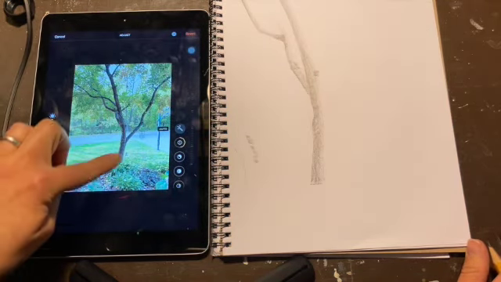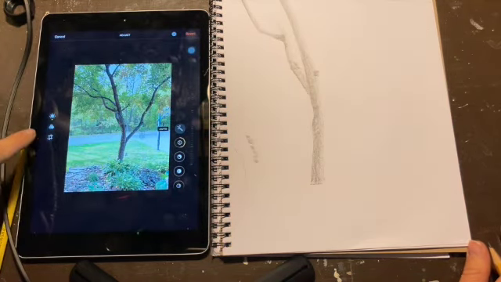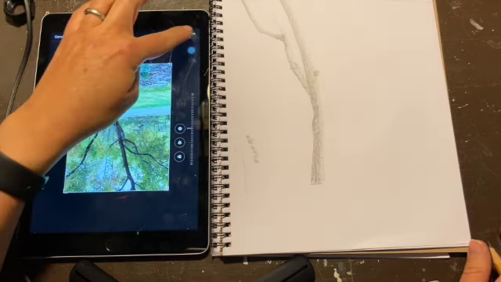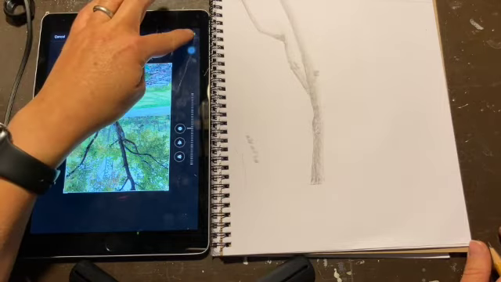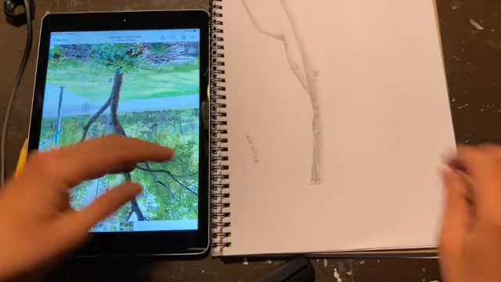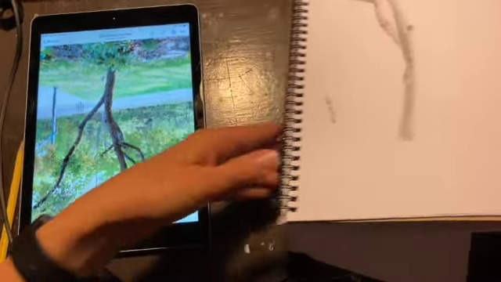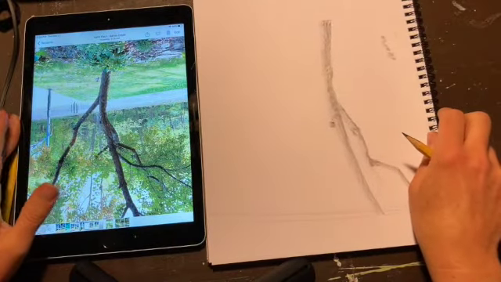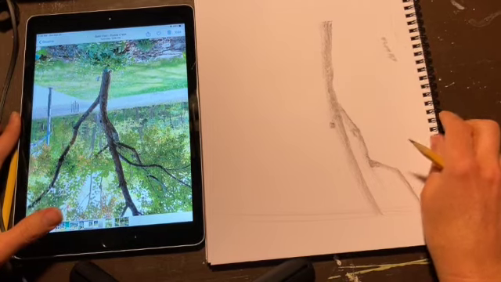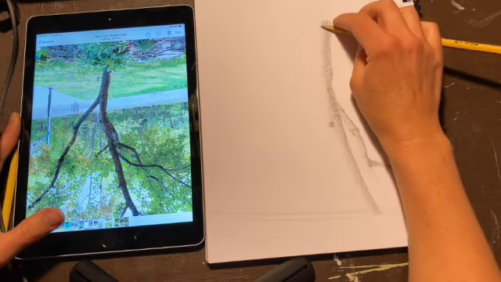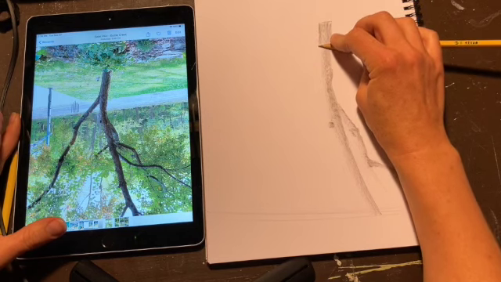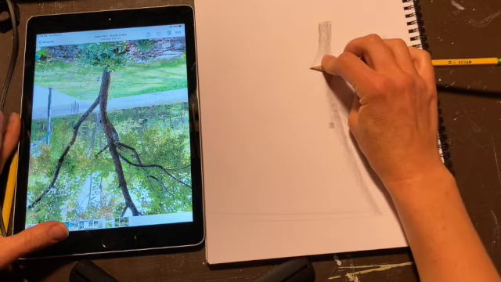So I'm going to go to where I can adjust, and I'm going to tap on the crop tool, and then up here at the top I can rotate it. Done. And it's upside down. And then I'm going to turn my paper upside down so I can draw the other side of it and also just see what I'm doing. I feel like it'll be a little easier for me. So I'm going to go over here. You can't obviously do this if you're drawing outside, but